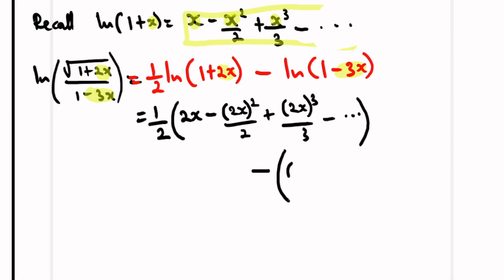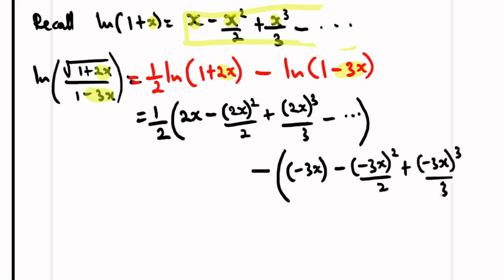That being said, x there becomes minus 3x. Then the next is minus 3x squared over 2. Then we'll have plus minus 3x cubed over 3 minus dot dot dot. Okay, I hope we are actually getting this. Now working with this,